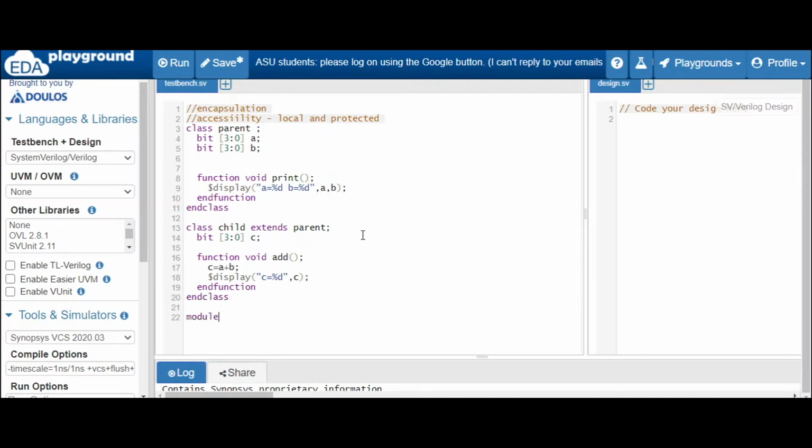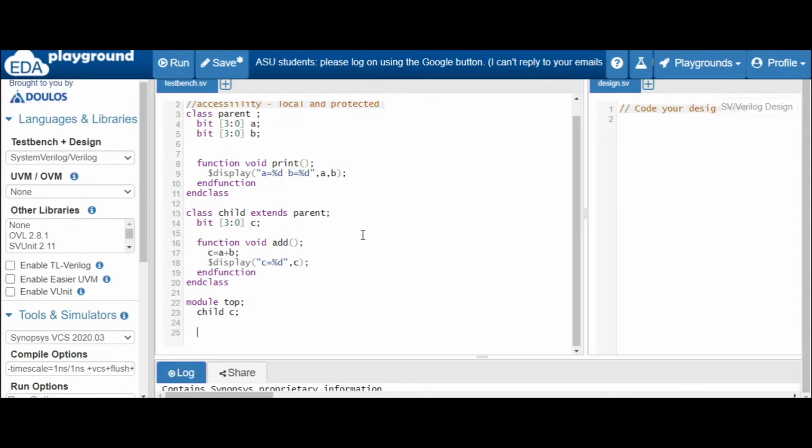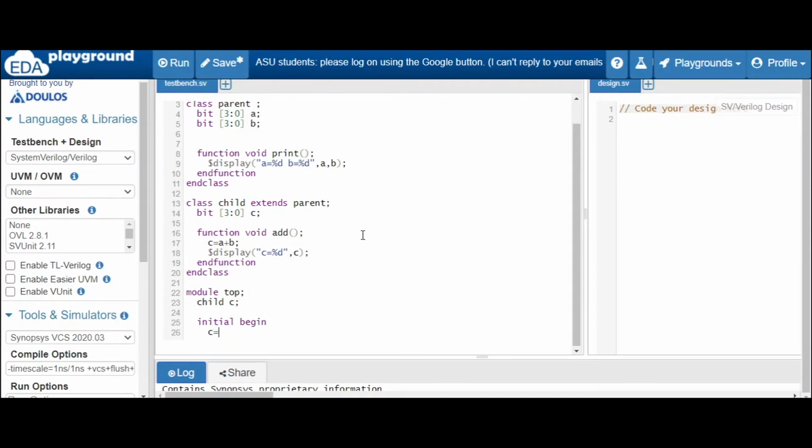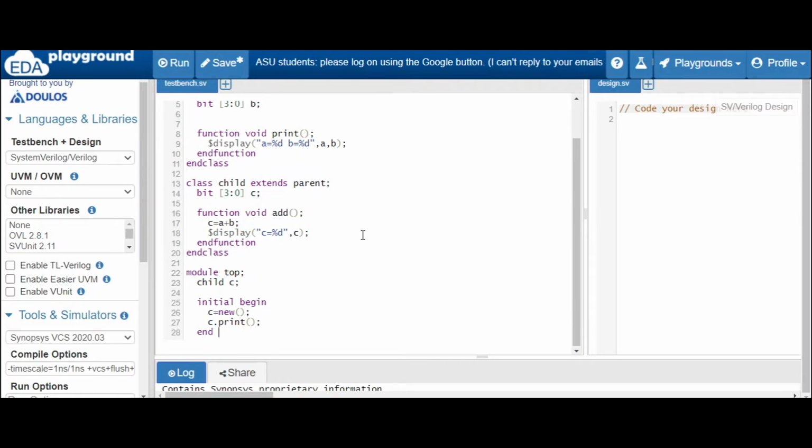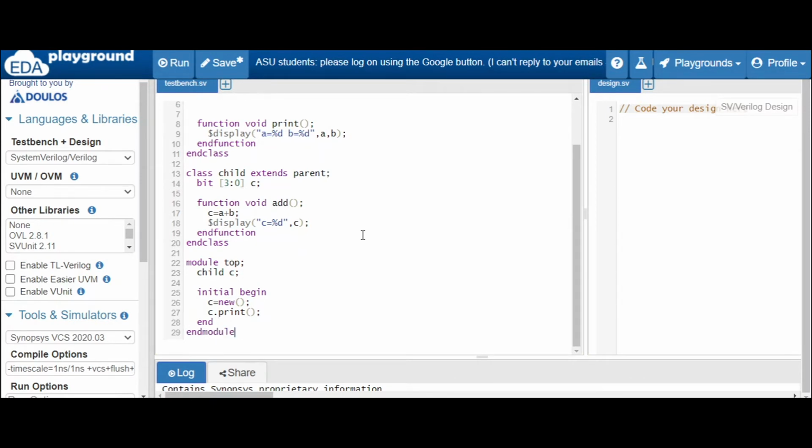Okay, so in module top, let's write a handle, child c, and in initial begin as usual, c equal to new, and let's call this function, c.print. I hope that you are following my videos. We are doing this all the time, in every video. Then endmodule.